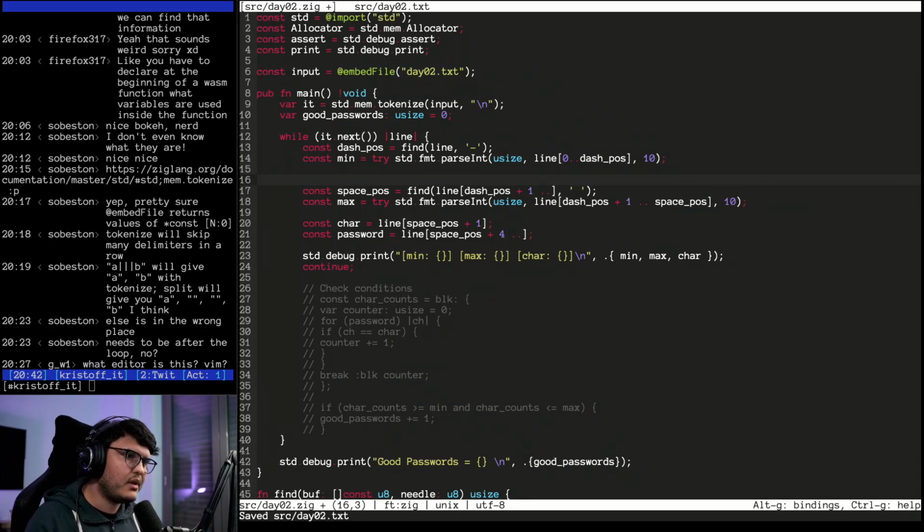But let's do that. So const from, I guess we can call it from line after dash is this.